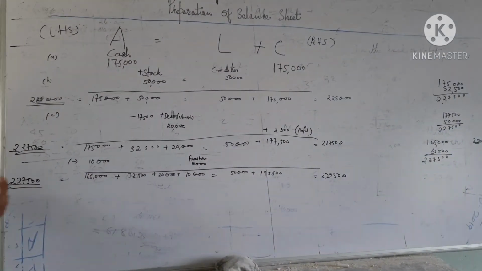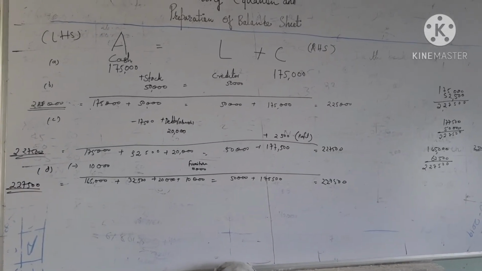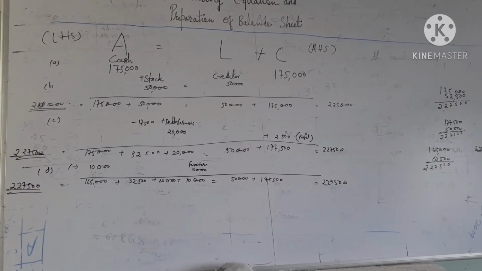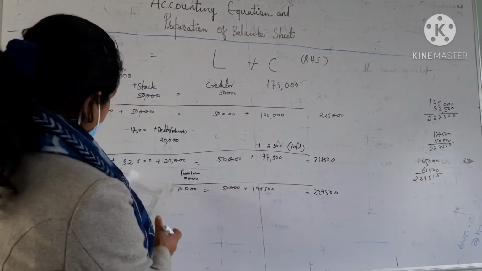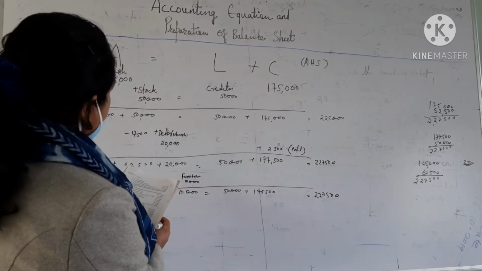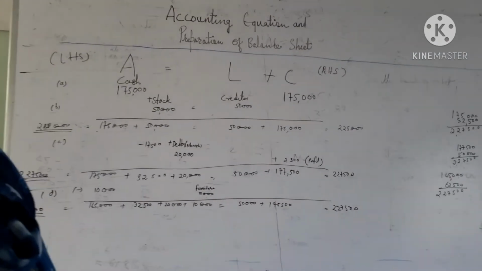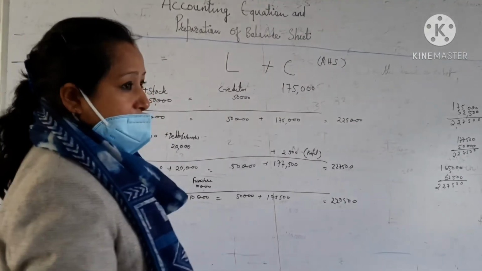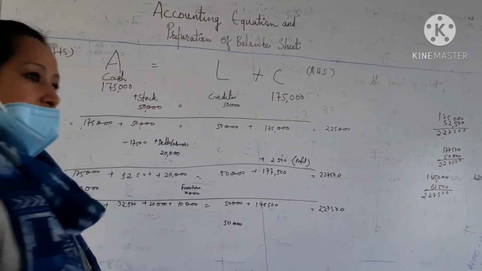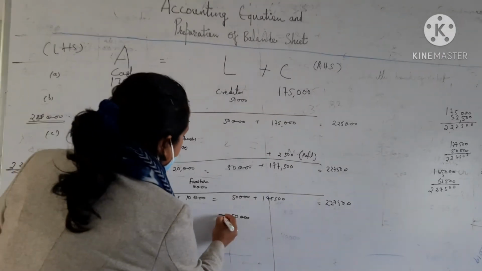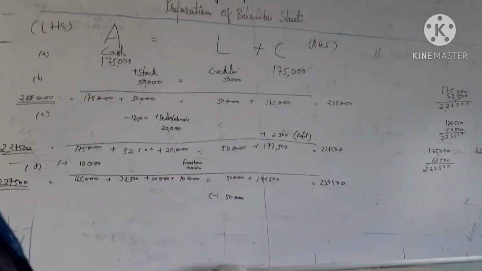Now what will the another transaction say? What is he saying? Paid to creditor, full settlement. That means creditors is decreased. What is the total creditor here? From the beginning we have written 50,000 instead of 40,000. Doesn't matter, okay? Here if the payment is clear, that means we decrease by 50,000. Understood? Because there is no more creditor now. 50,000 is decreased. Okay?